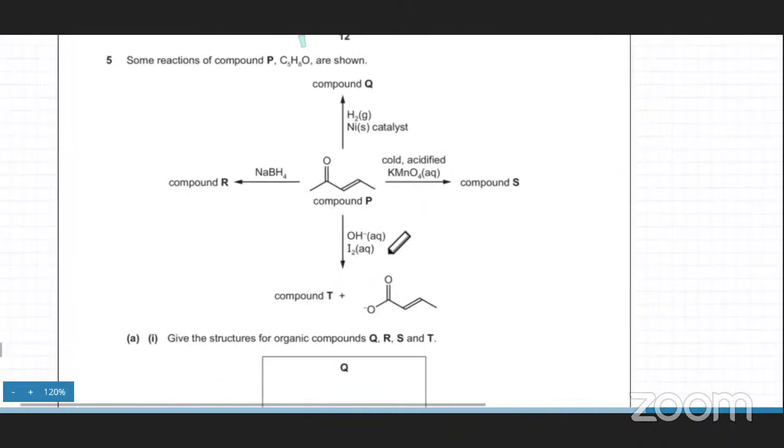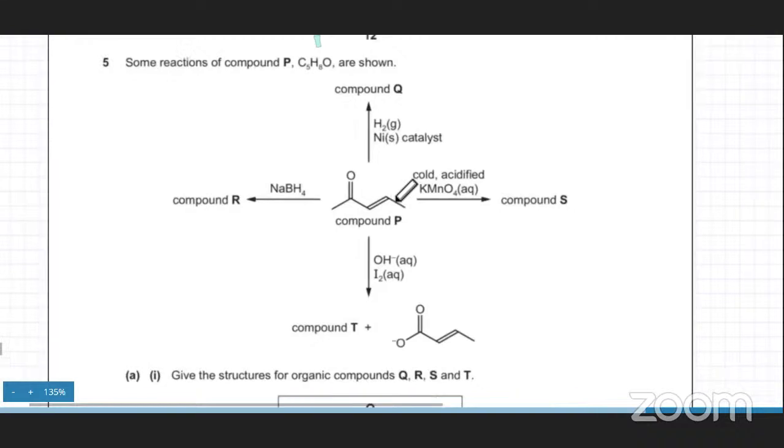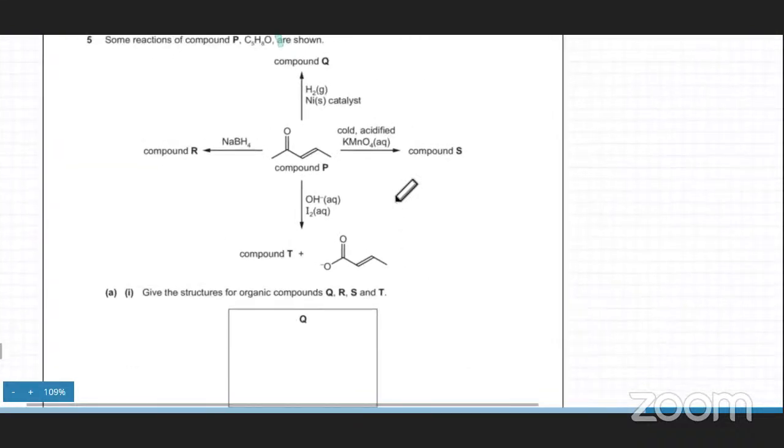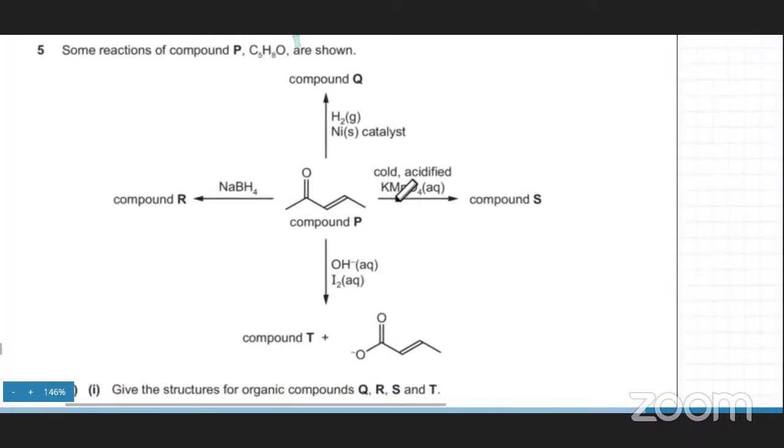Now, after that, this is probably the last question, which is that some reactions of compound P are given. You probably have to give the organic structures for compounds Q, R, S, and T. So we'll just do this over here. Now, the first one is cold acidified KMnO4. If you look at this molecule, what does cold acidified KMnO4 do? What it does is